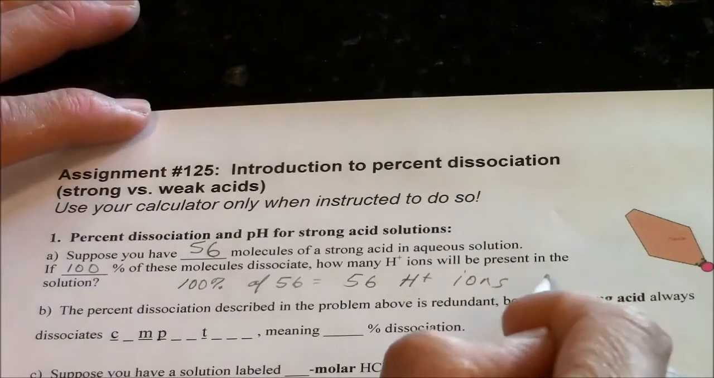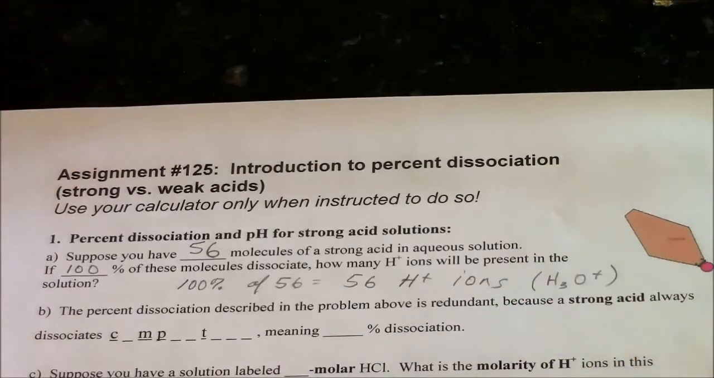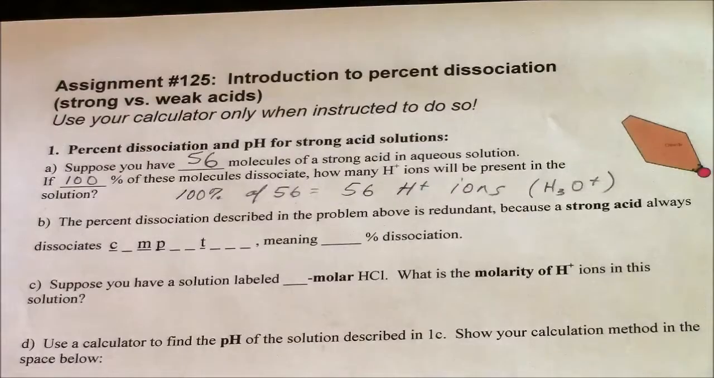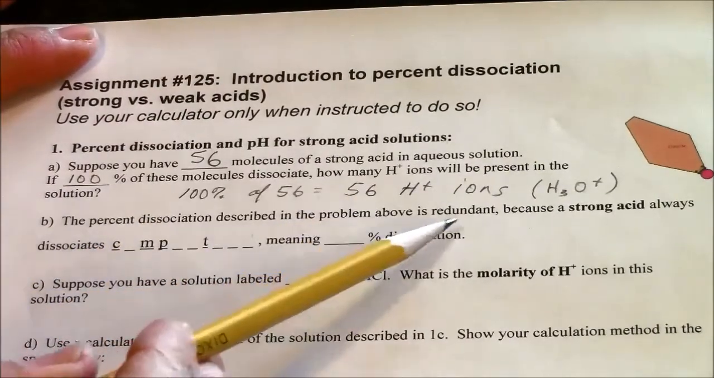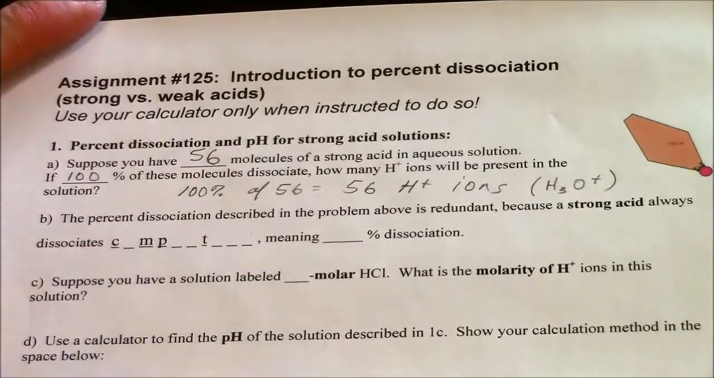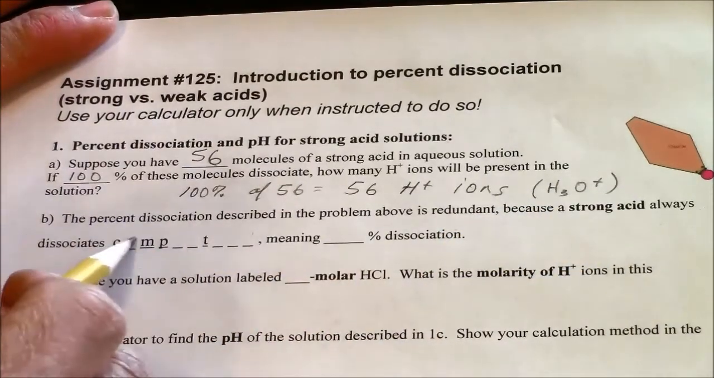In reality, these will be H3O+ ions, but we can call them H+ ions for simplicity's sake. Alright, this next sentence says the percent dissociation described in the problem is redundant, meaning we didn't need to say that, because a strong acid always dissociates